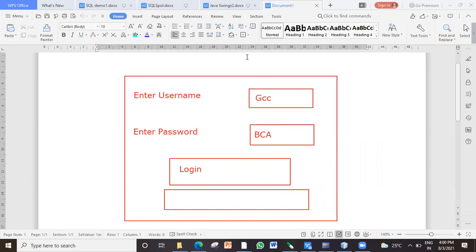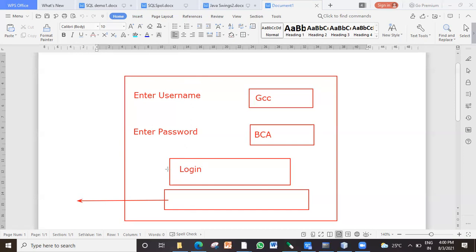I hope you understood the functionality. I want a frame on which I want two labels here, Enter username, Enter password. And there is one more label which is blank down. So how many total labels are there? Three labels. So this is also a blank label. Fine.